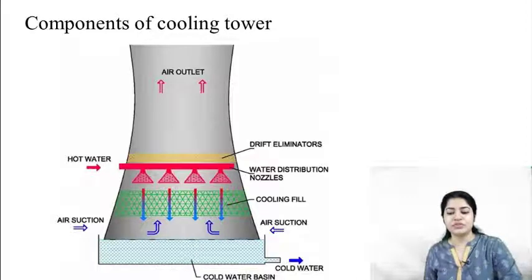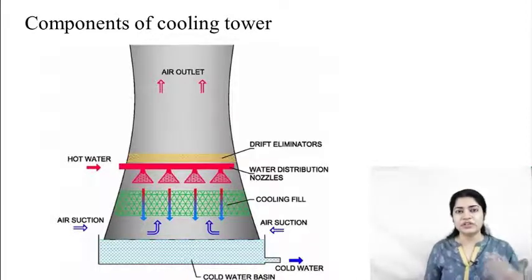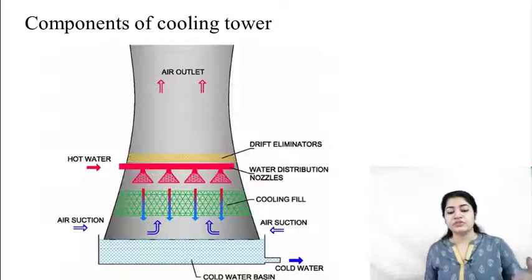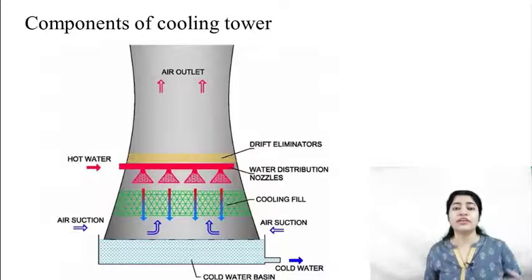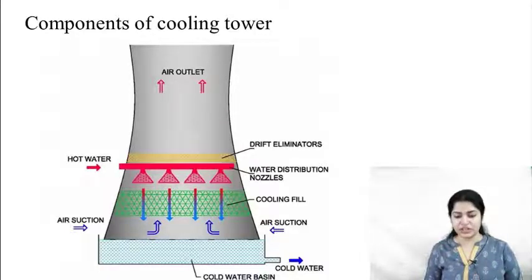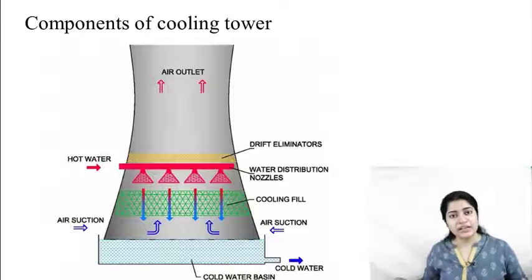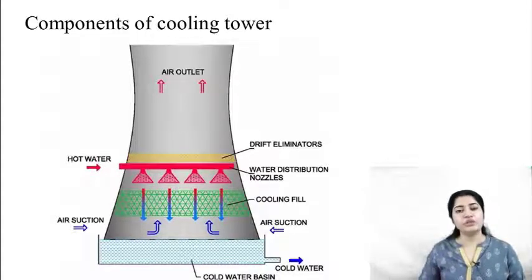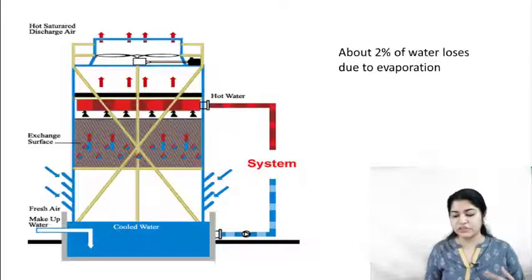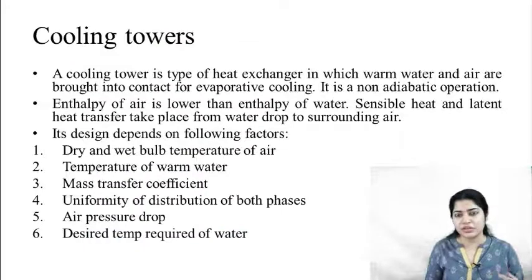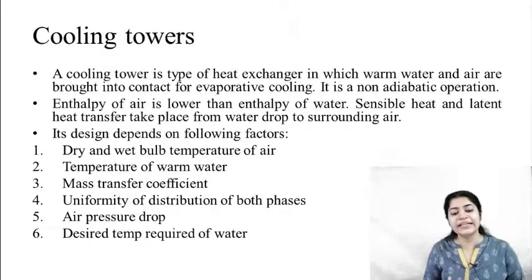Then this is your cooling film. The use of the cooling film is that it creates as much contact as possible between air and your hot water. Now here you can see that your air from the bottom and your hot water come into contact with each other. As air is going from the bottom and your hot water is coming downwards, heat and mass transfer occurs. Again, the kind of heat transfer we saw: sensible heat and latent heat transfer occurs.